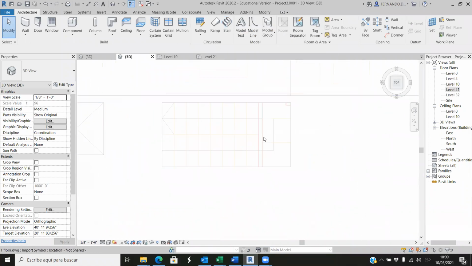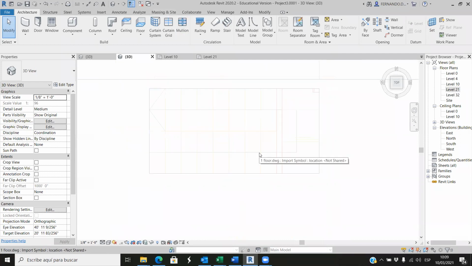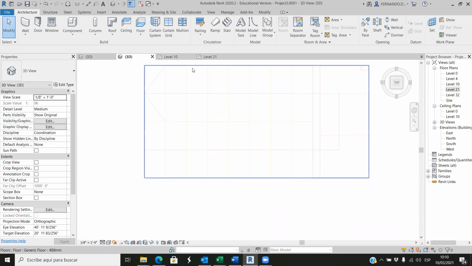But now here we have a lot of constraints, because we have the width, the length, and the number of steps. So we are going to do this. Since we have imported the AutoCAD file, we can trace it, because here we have the number of steps, and here we have where the landing starts and where the landing ends. Okay, so there are different ways to do this,